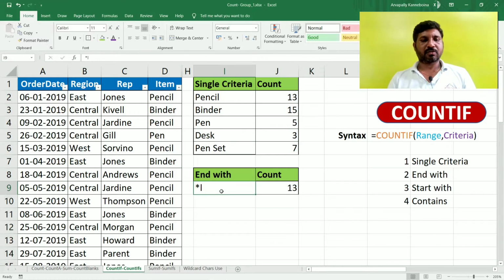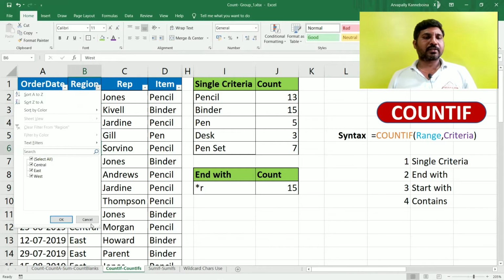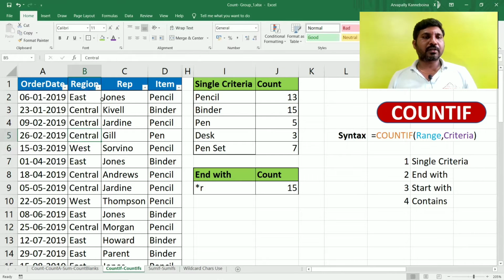Just L, or... So or means a binder, right? They get the same. Suppose I am giving the regions: there is central, east, and west. We have three criteria, three regions. East and west both end with T, right? So we will write T in one formula